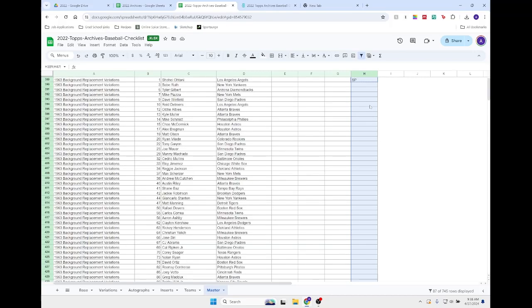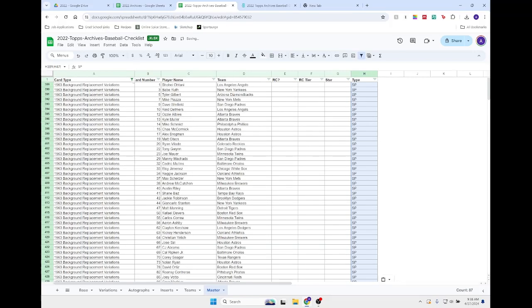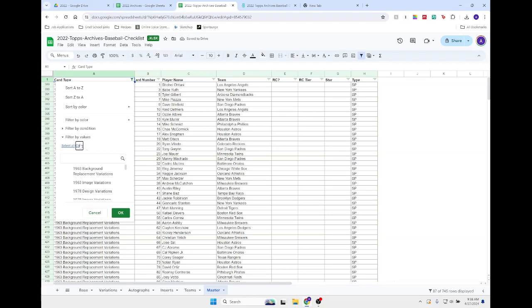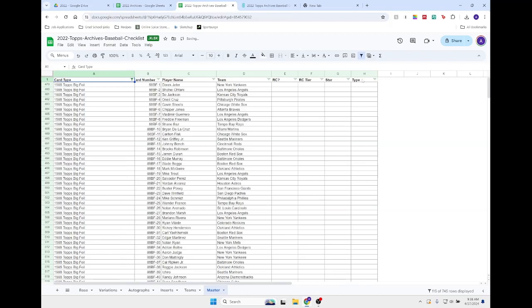Control Shift up, Control V, and then what we have left is inserts. So we can just grab a couple of inserts. There's Topps Big Foil. There is the 1988 Topps Big Minis. There are the Topps postcards. Just grab a few. Obviously, when you're doing this whole thing, you want to grab every single one that's inclusive